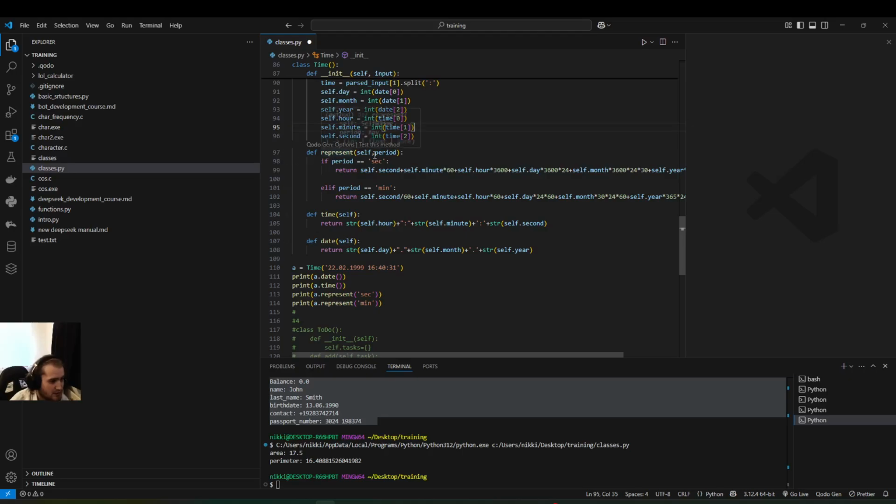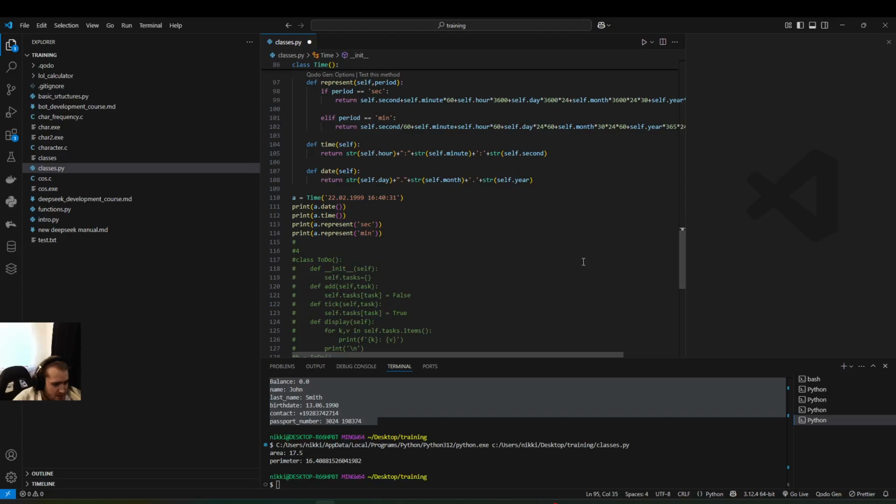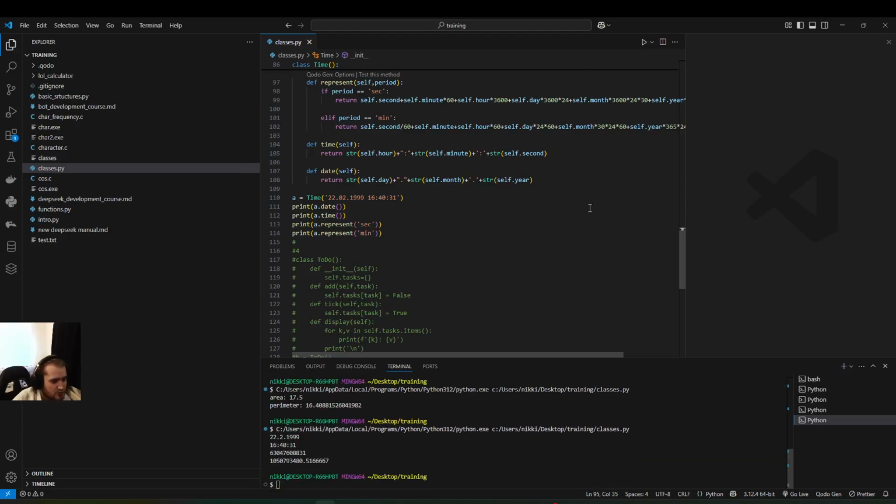And we can represent some dates in seconds, in minutes. We can show time, we can show date. That's it, basically. Of course, you can do a lot more when it comes to this topic, but anyway,